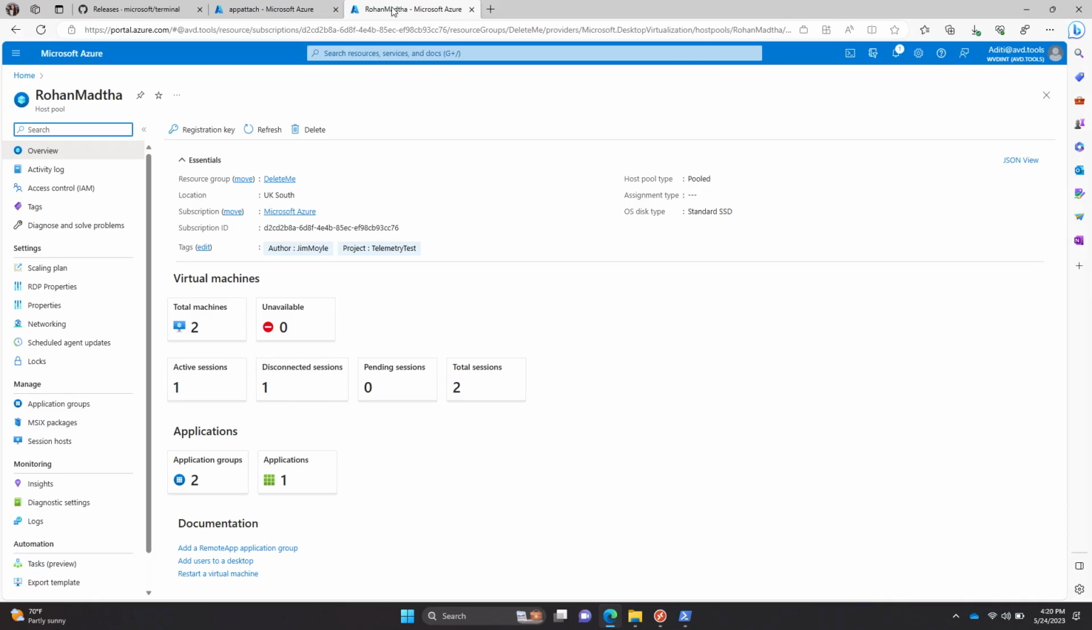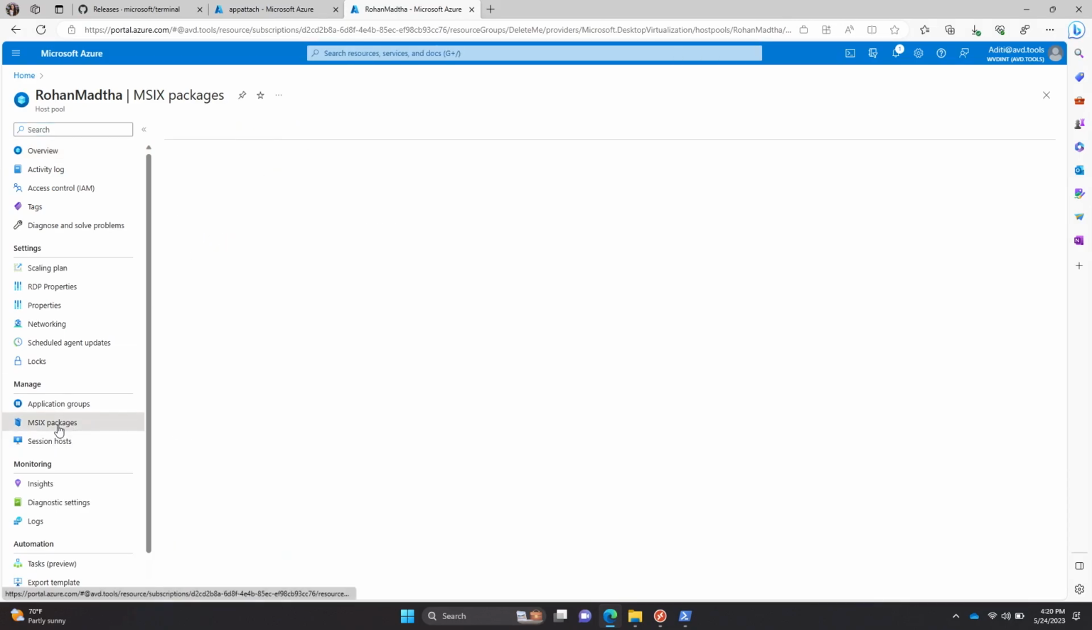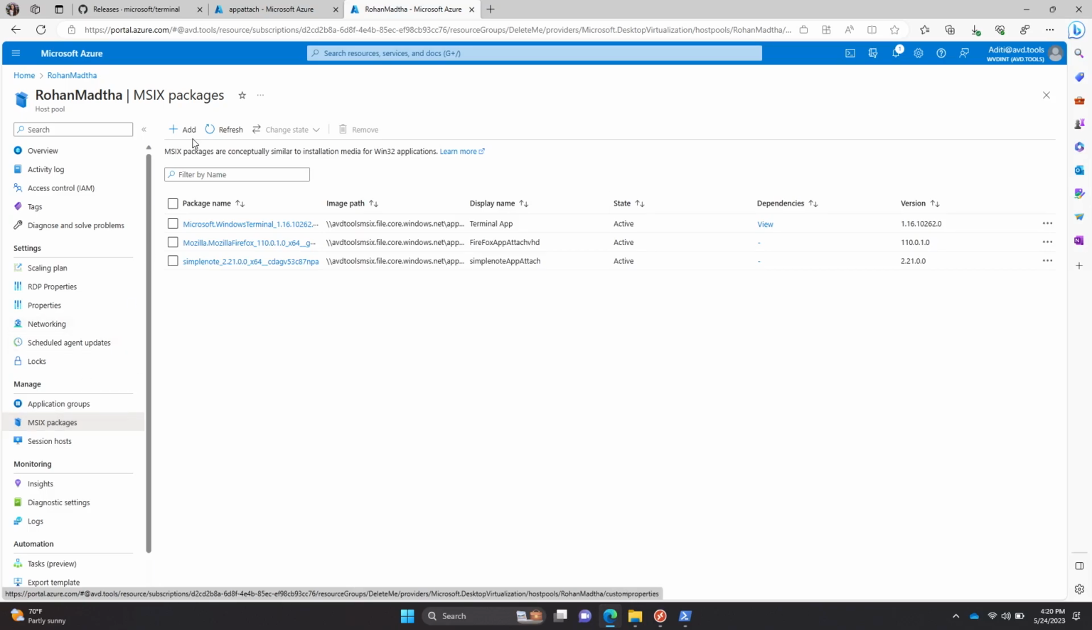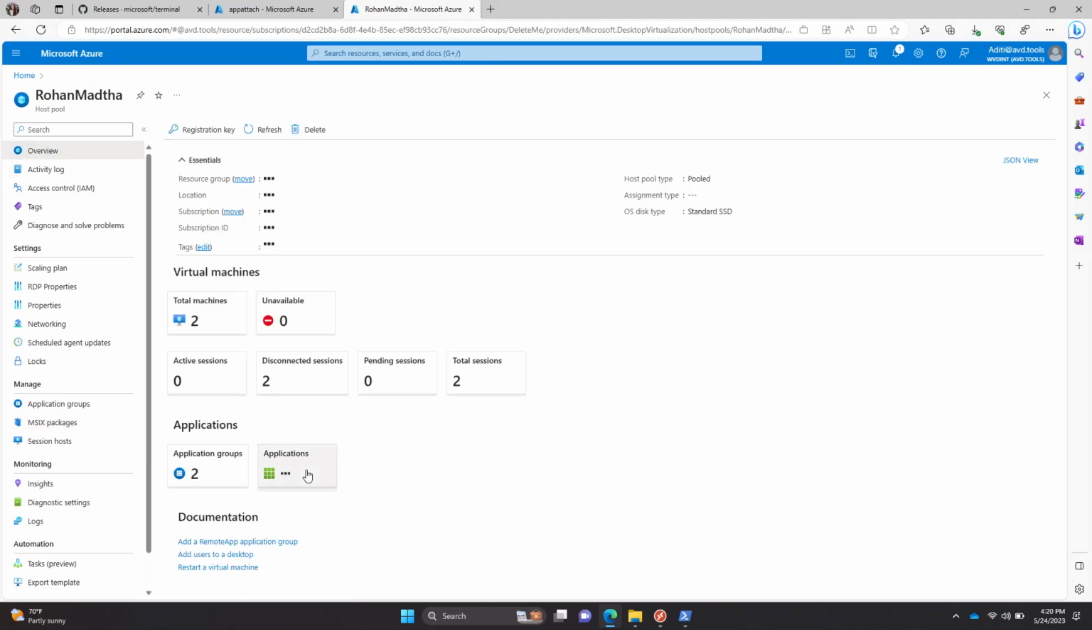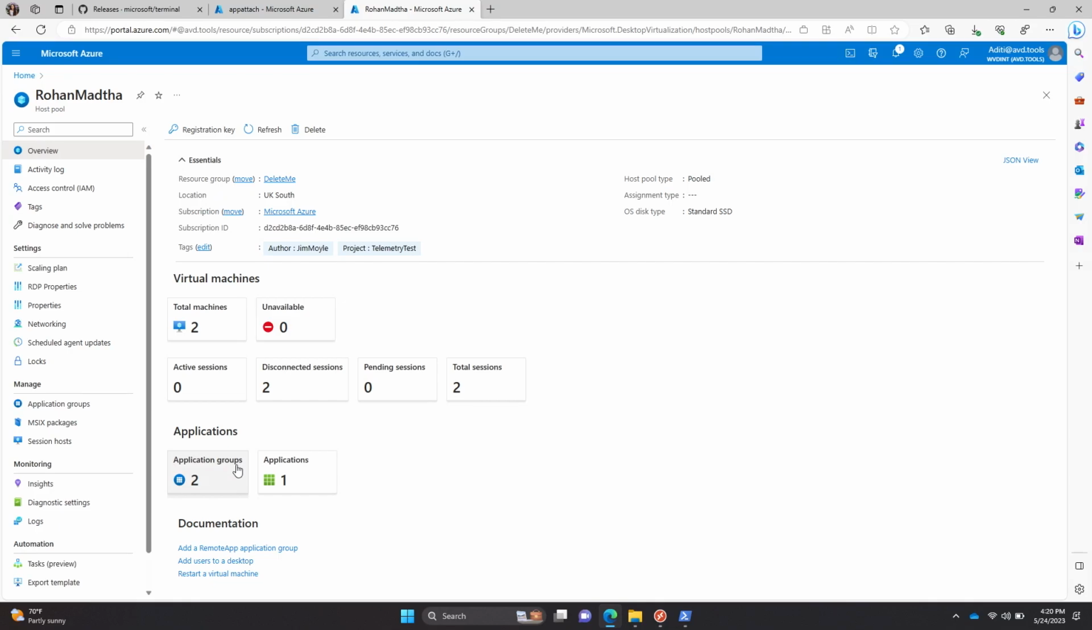Then I'll go to my host pool, and I will add that MSIX package here. I will put the path of the file share where that VHD is stored. Then I can go to the application group, add that to the application group, and make sure all the right users have access to that group. And